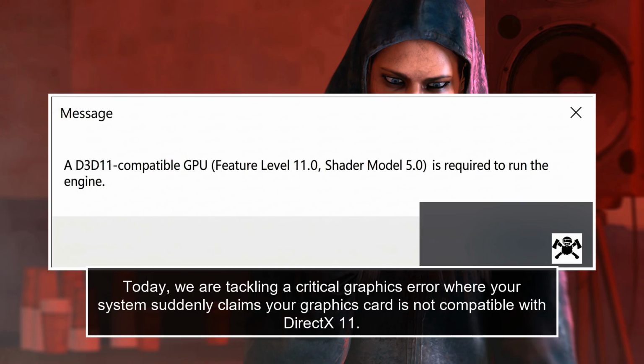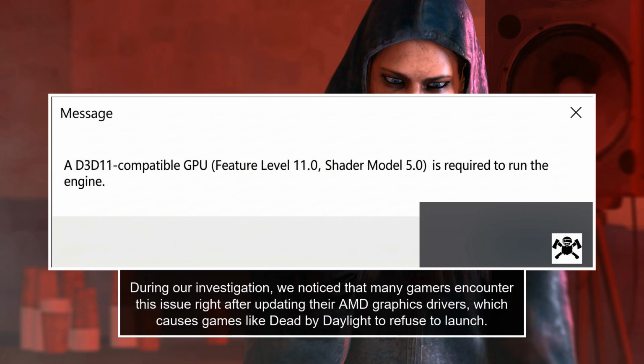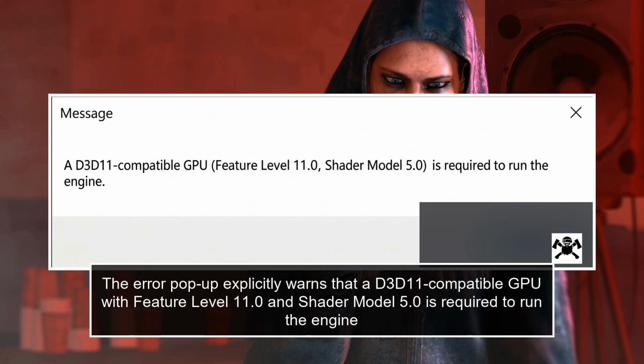Today, we are tackling a critical graphics error where your system suddenly claims your graphics card is not compatible with DirectX 11. During our investigation, we noticed that many gamers encounter this issue right after updating their AMD graphics drivers, which causes games like Dead by Daylight to refuse to launch. The error pop-up explicitly warns that a D3D11 compatible GPU with feature level 11.0 and shader model 5.0 is required